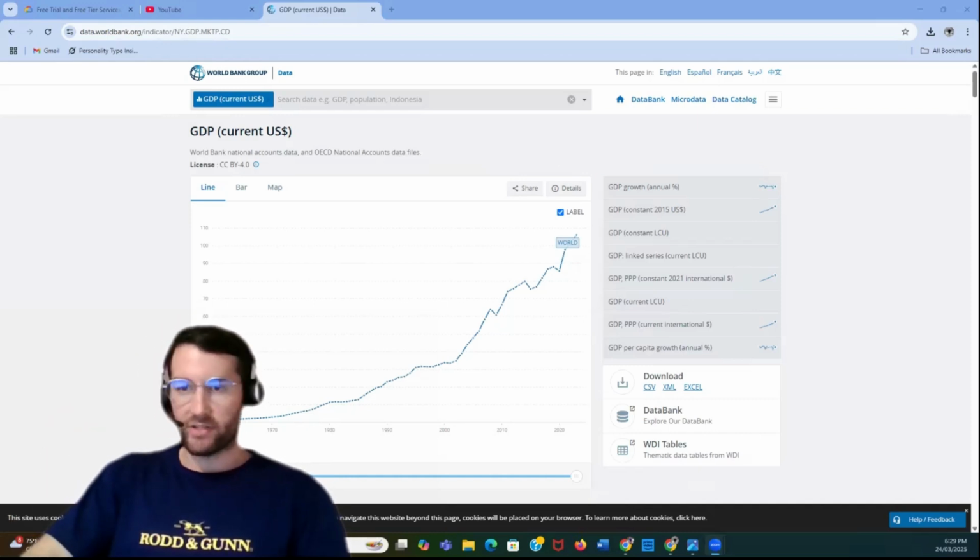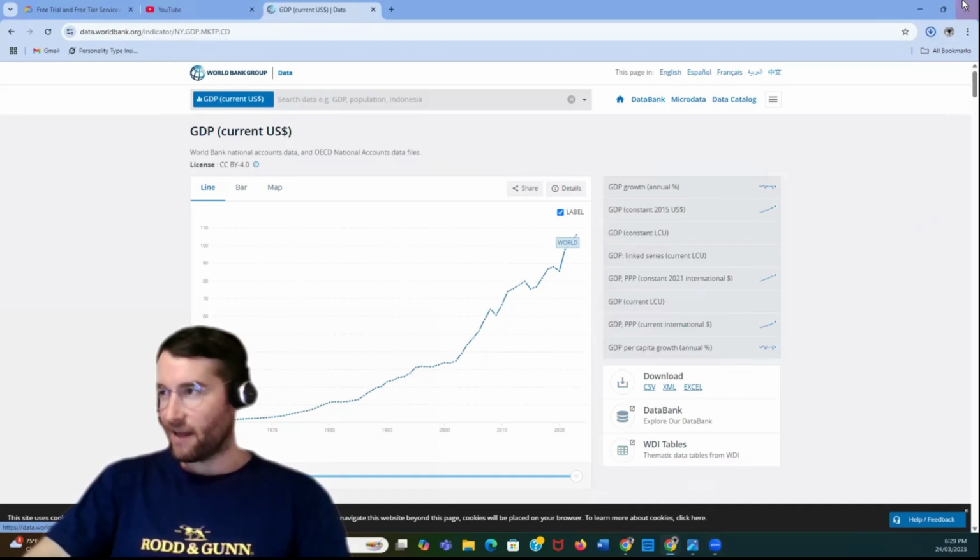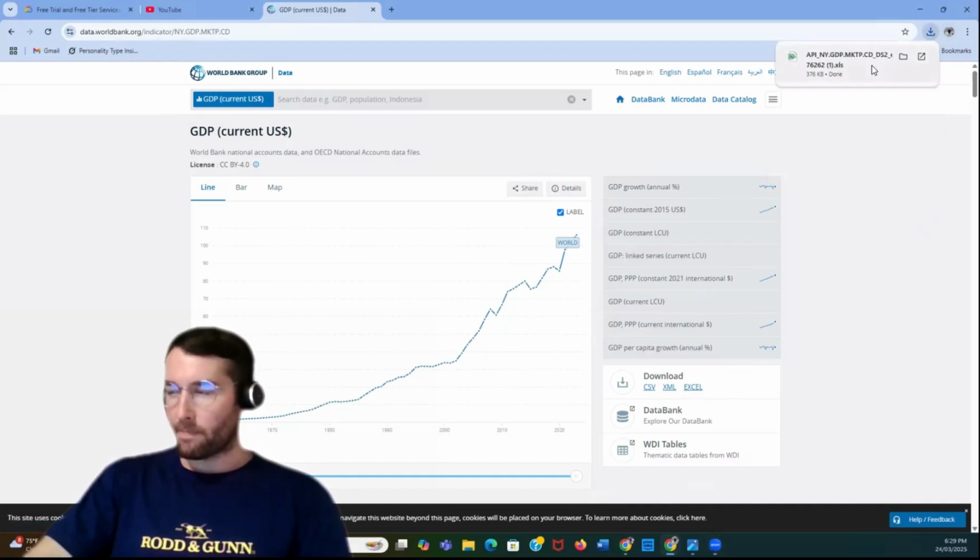So tonight, what I'm going to do is solve a common problem, and this is when retrieving data from the World Bank Group, how to clean it and get it into a format that is good for analysis. So typically what we see with World Bank data is, I'm just downloading it here now,